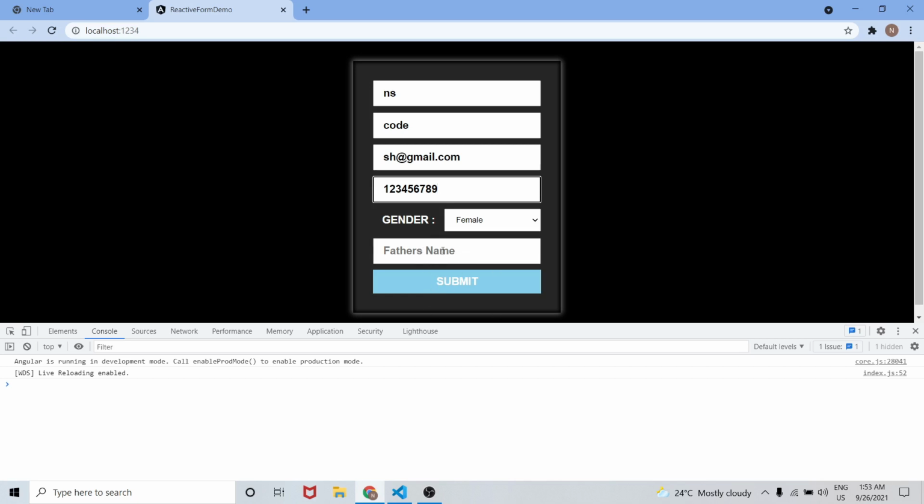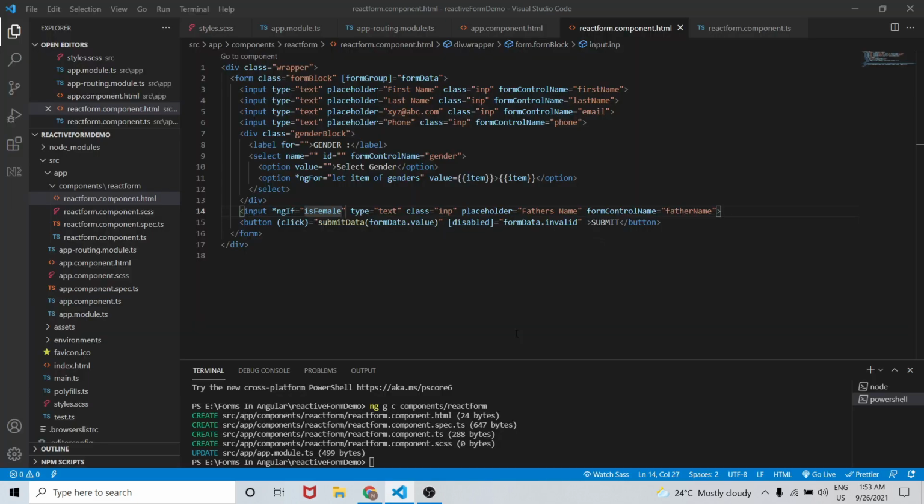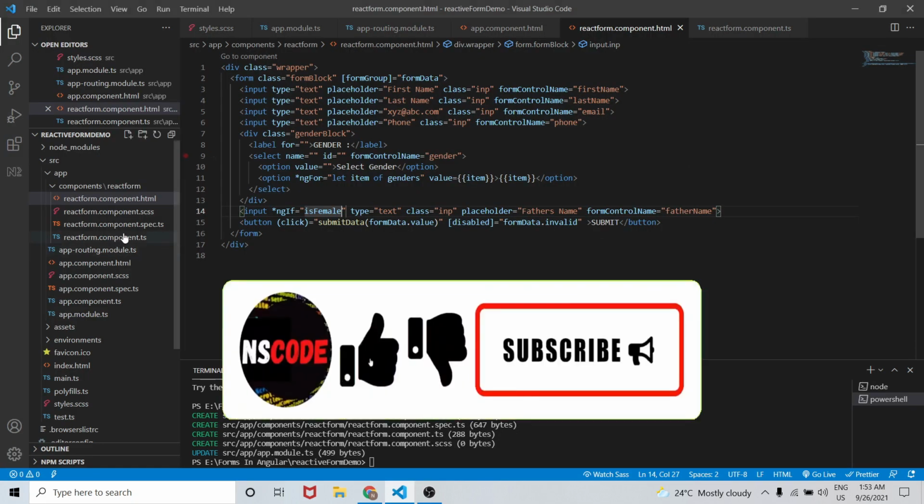We want this to be dynamic validation. So unless and until the father name is filled, it should be a required field. We should not get the submit button as enabled. So in order to do that, we will add some more code here.